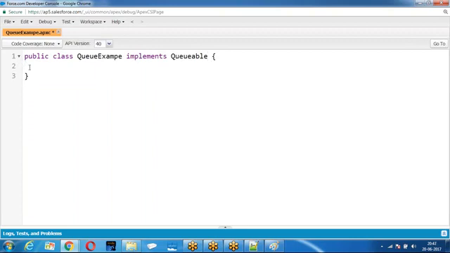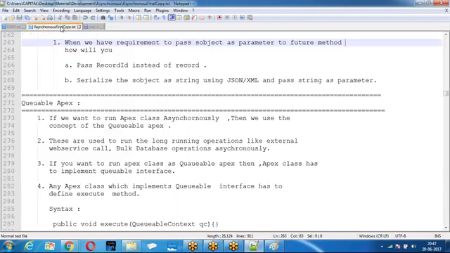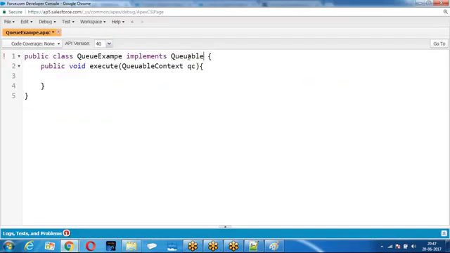If a class is implementing Queueable interface, it has to define the execute method.